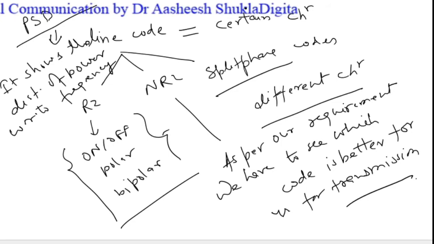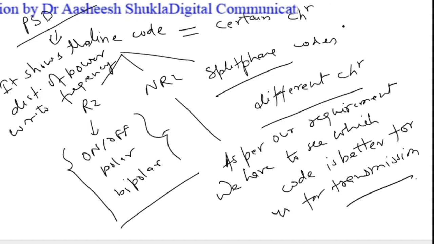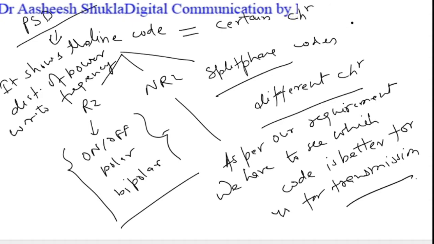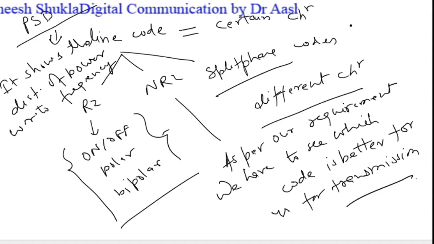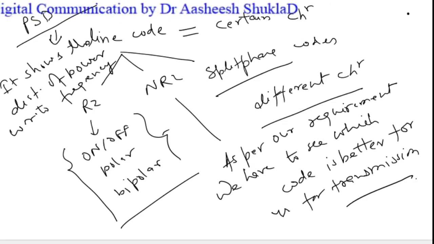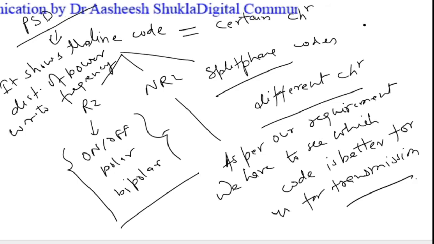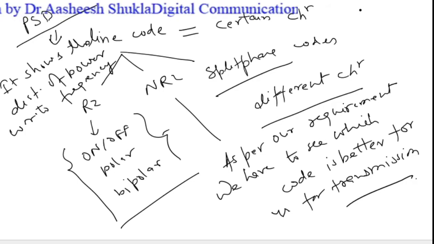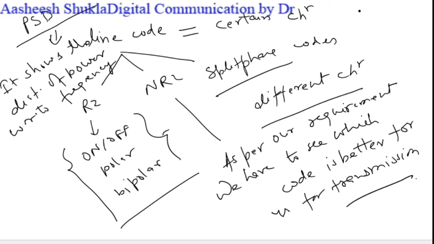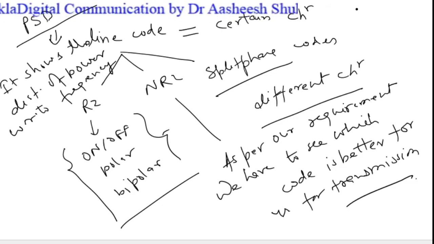With respect to frequency, it will tell us, at different frequencies, what the power content of the signal is, or what the power distribution of the signal is. So I have to check whether the power spectral distribution is favorable for us or not. On the basis of this analysis, we can find out which code can be better for us.